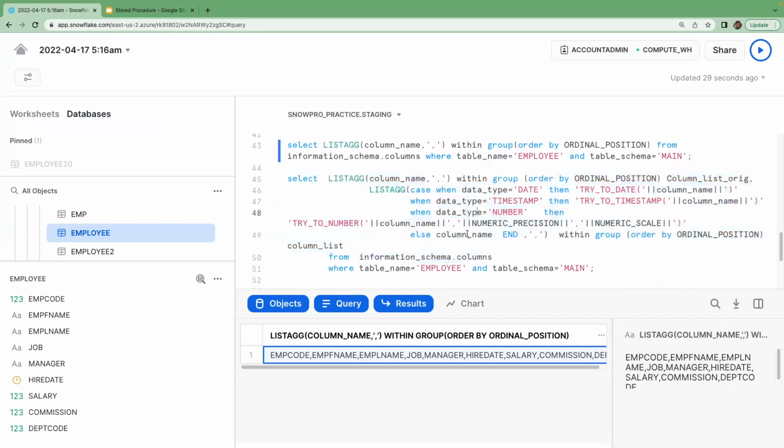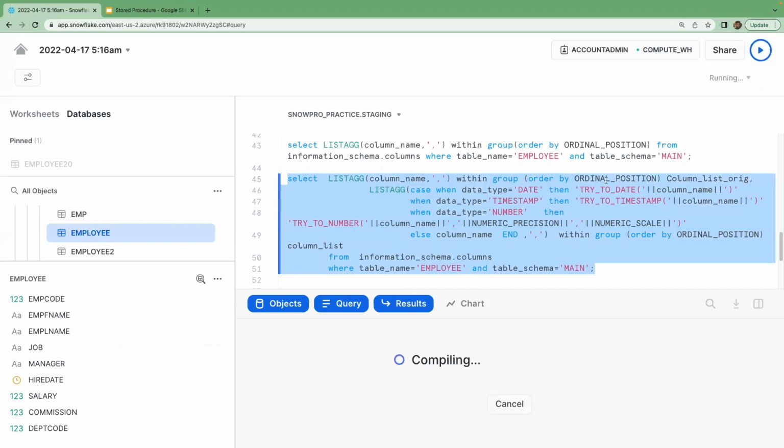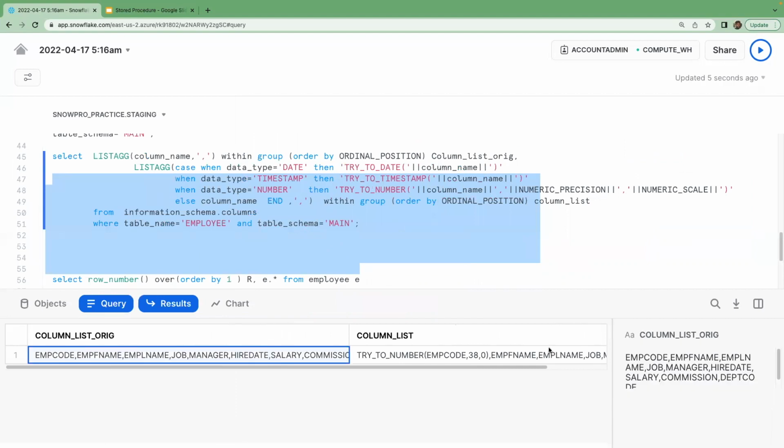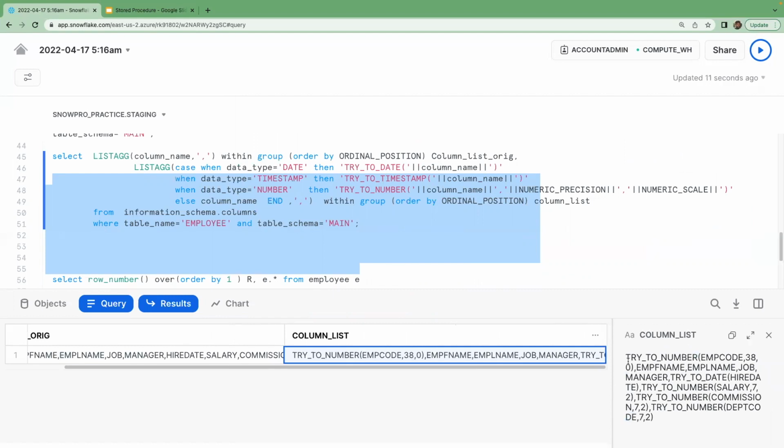Here what I'm doing is, in one column I'm selecting the whole list of columns. In another column I'm doing a case statement even before calling the list aggregate function. If the data type of that column is date, I'm applying the string concatenation on the column. So let me execute this, and you will understand what I'm doing here. If I execute this one, you will get two columns. One is the column list like this. Another column is where you will have all the columns,